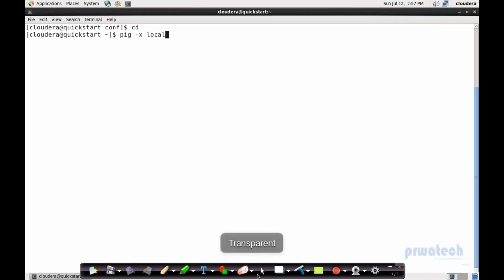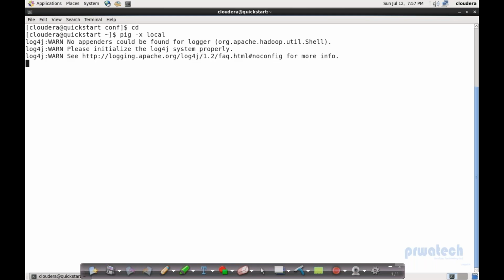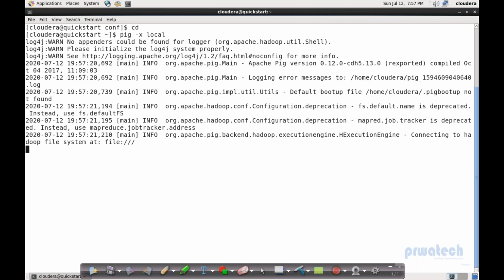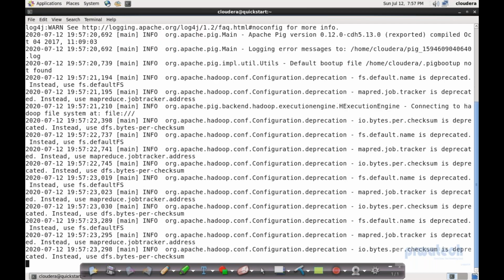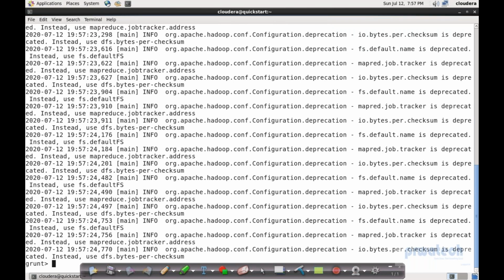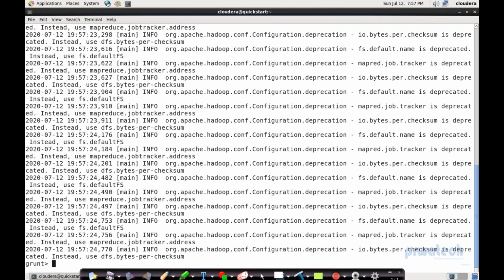Now, can we enter this? We don't have any separate daemons for Pig. It is working on Hadoop daemons only. That is all 5 daemons: name node, data node, secondary name node, resource manager, and node manager. Because ultimately this query is being submitted to